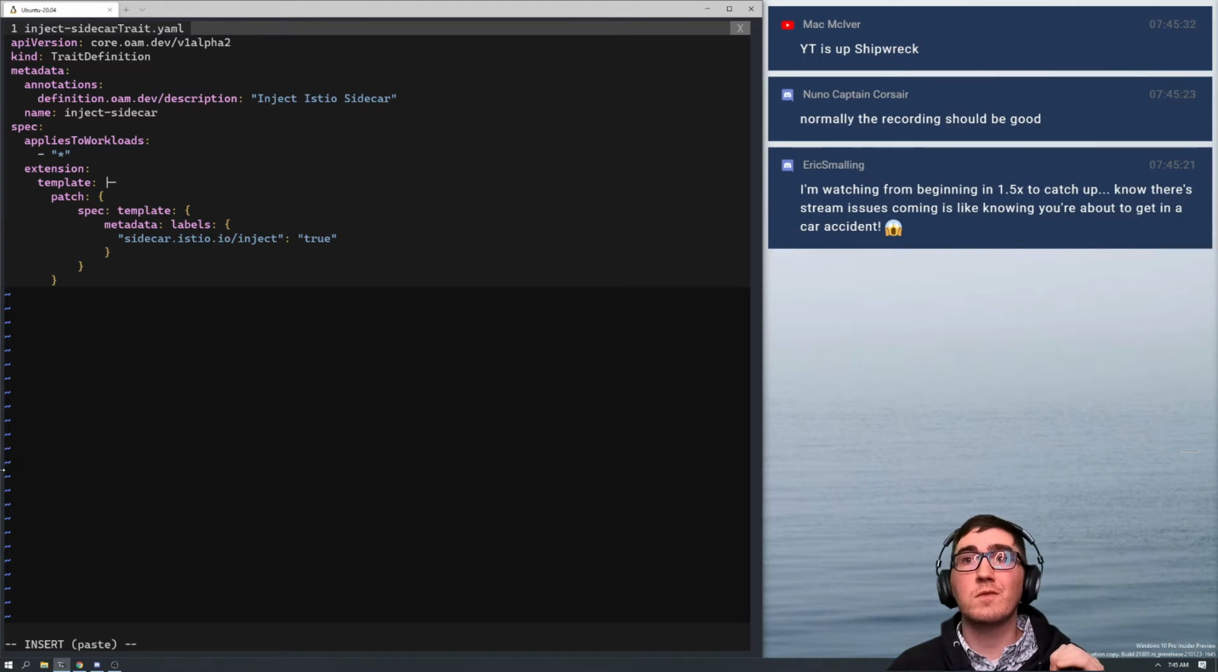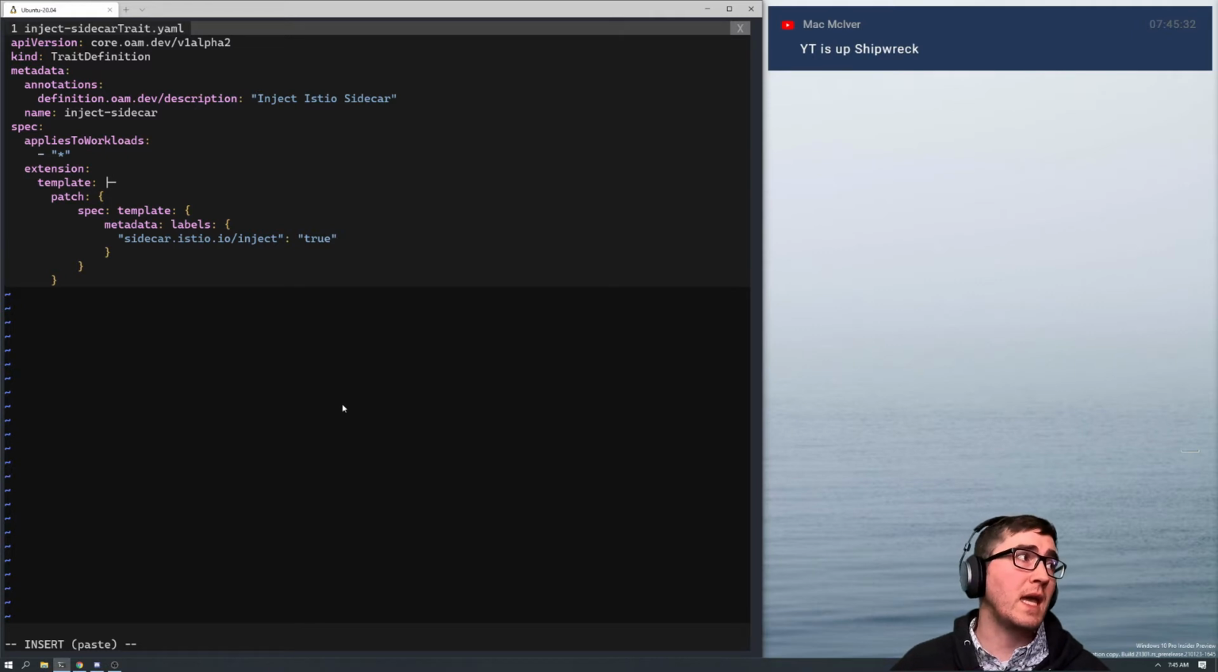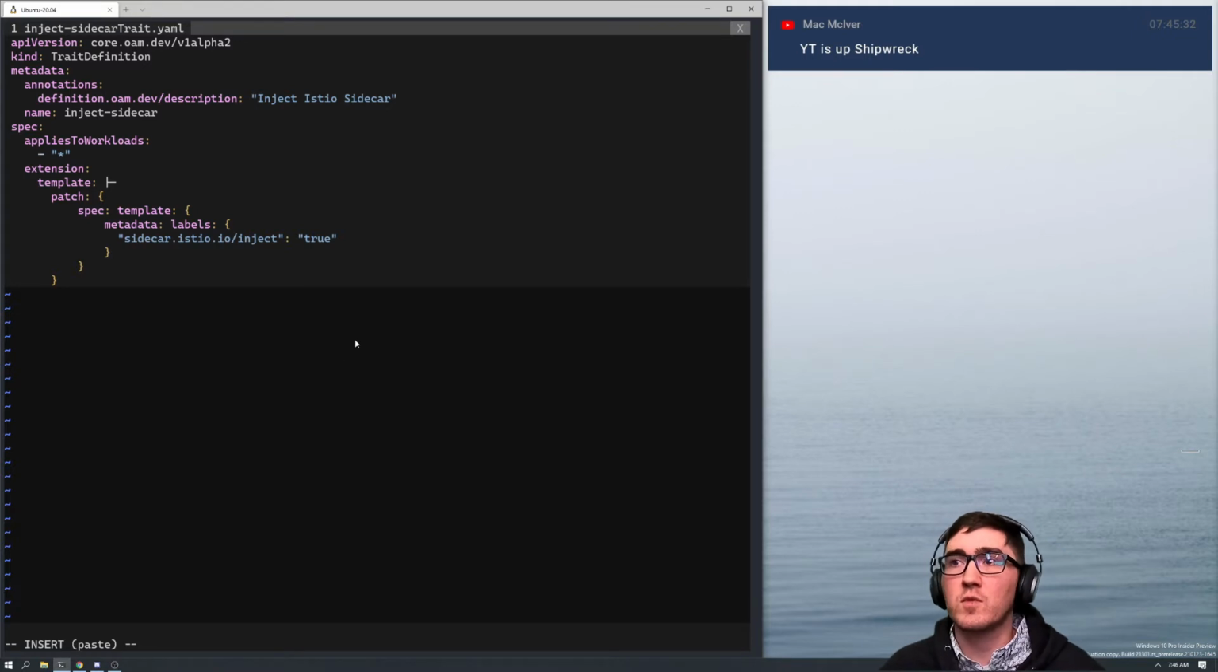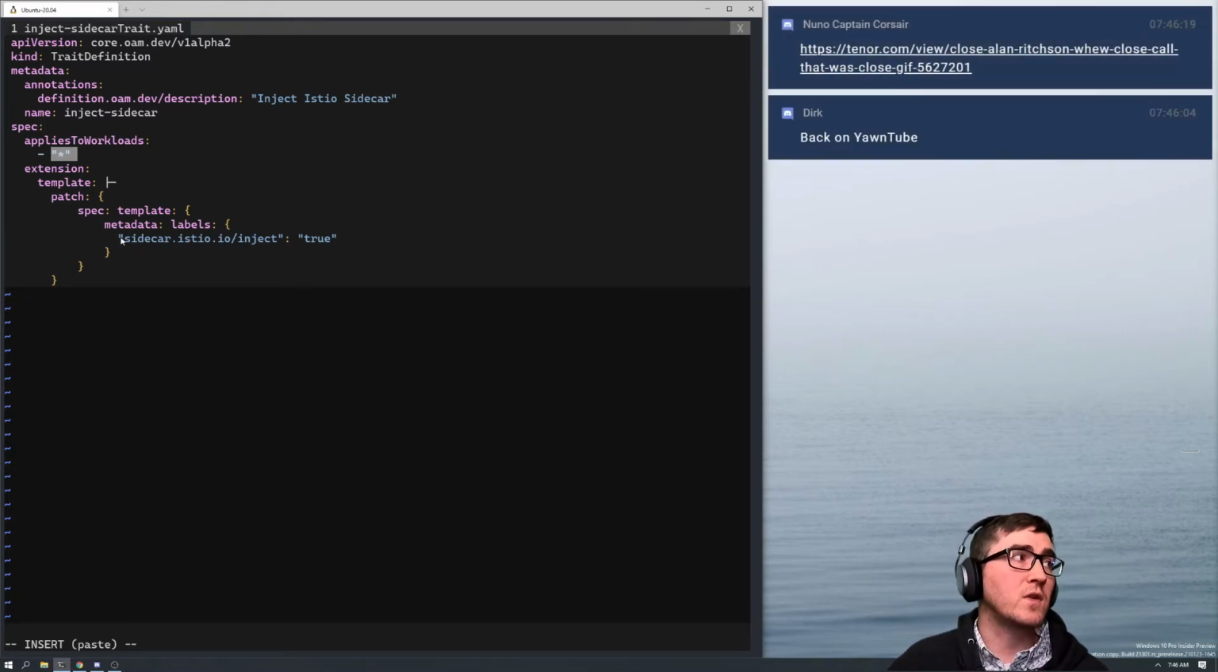And a trait is, this is the second point where the light bulb really went off in my head. I felt like there was a huge amount of potential. I spent, I think, two solid days playing around with traits and what traits can do. This one's really simple. This is just using CUE to patch a resource that we give to any workload. If you're familiar with Istio, Istio uses a label system to inject sidecars, and you can see here sidecar.istio.io/inject equals true. So when I apply this trait, regardless of whatever namespace configuration I have, the mutating webhook